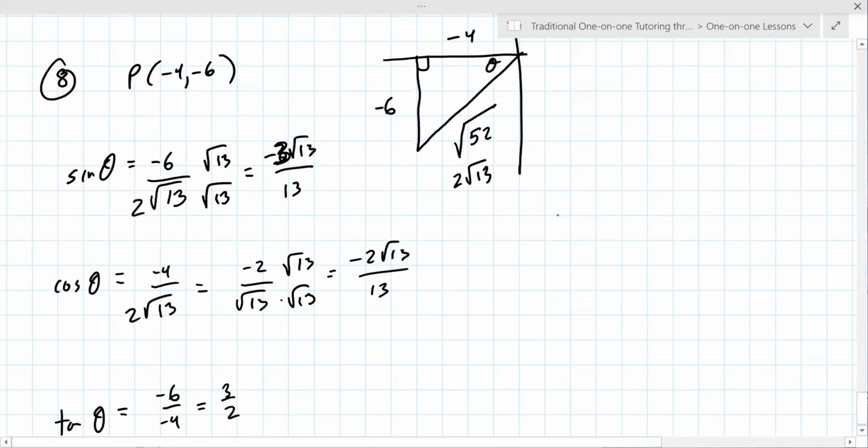All right, so the next one is cosecant theta. You can flip any of these, but it's probably better to flip one of these up here that's not rationalized yet. So it would look like 2 square root 13 over negative 6, or negative square root 13 over 3. And then secant theta, you can flip this